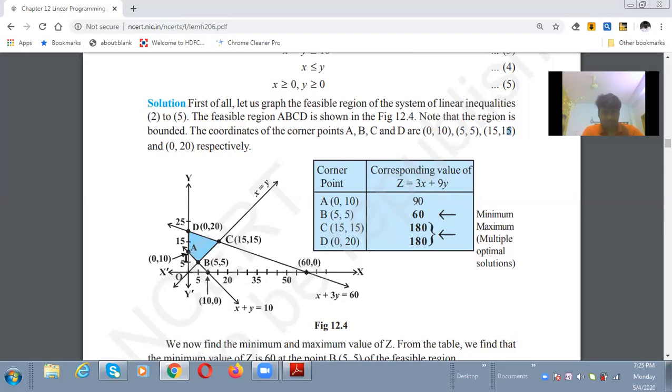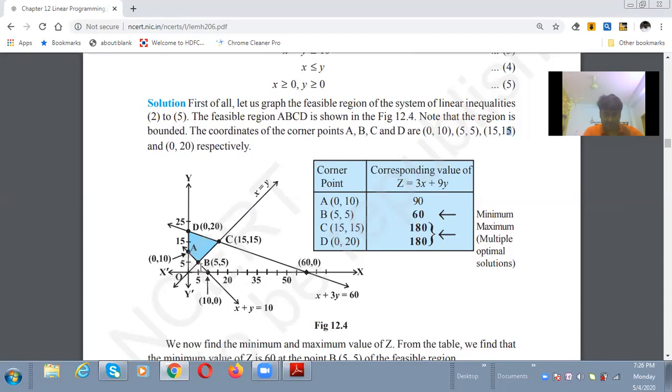Okay, so now here x plus y equals 10: the points are 10 comma 0 and 0 comma 10. Okay, and for this also we can take. So finally, the point of intersection also we need to find with x equal to y. Those points of intersection we need to plot, so that we can get one region which is bounded and closed. Okay, so what is the region bounded here?